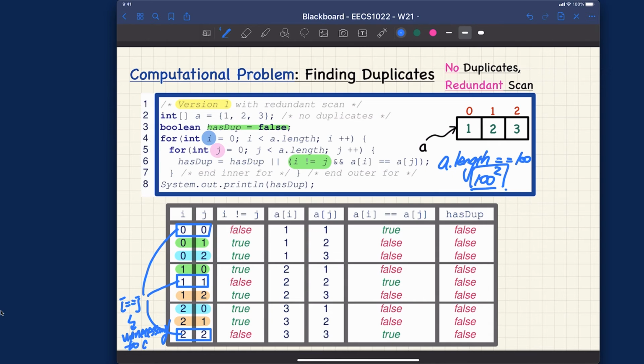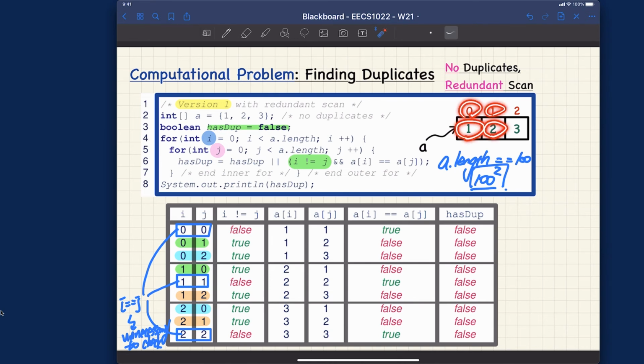Necessary to check. Okay, so that's one thing you should note. And then another drawback to note would be, you can see here we check 0, 1, and later on we also check 1, 0. Right? When we check 0, 1, 1 against 2, is it really necessary to also check 1 and 0, 2